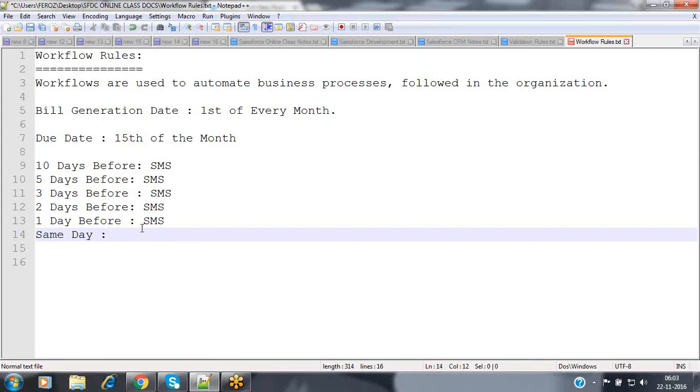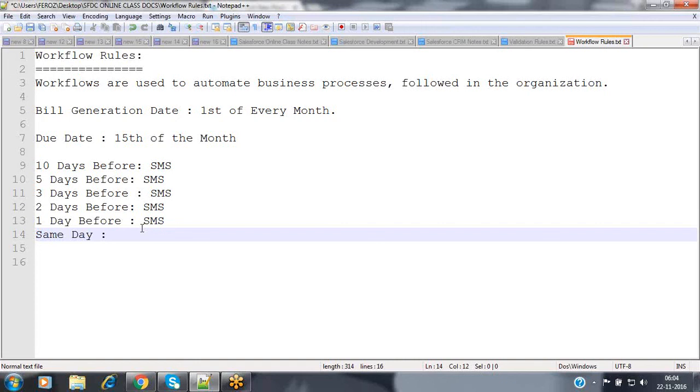Now we are going to notify people for every specified time period. Depending on the credit card bill due date, we can keep on notifying those people every day, or 2 days before, 3 days before, 10 days before.